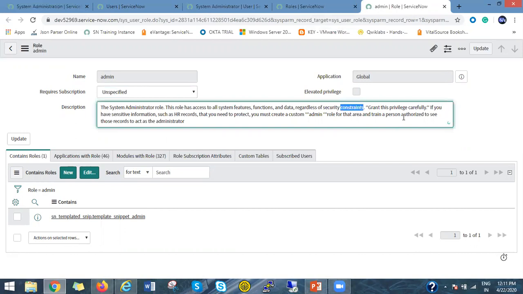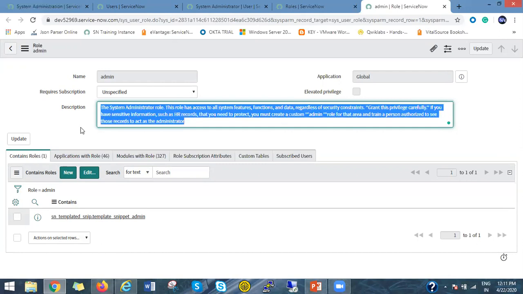So grant this privilege carefully. If you have sensitive information such as an HR record that you need to protect, you must create a custom admin role for that area and train a person authorized to see those records to act as an administrator. So if we assign this role to any user, that user will act as a system administrator.